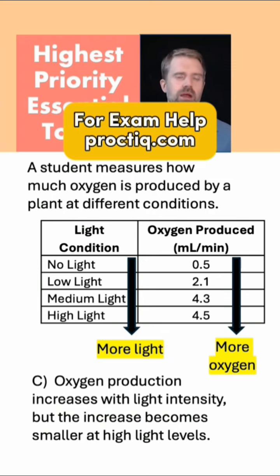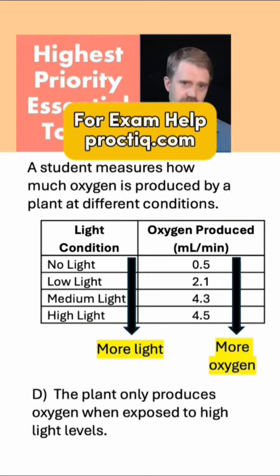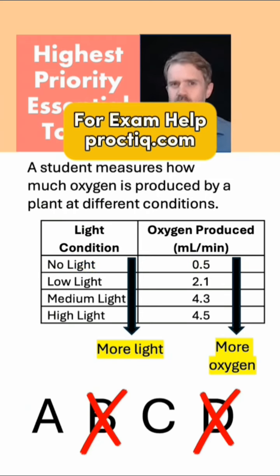Next, C. Oxygen production increases with light intensity, but the increase becomes smaller at high light levels. This is another one we got to think through, so we'll save it for later. Finally, D. The plant only produces oxygen when exposed to high light levels. Thoughts? No way. Even when there's no light, the plant produces a small amount of oxygen. Trash it. So now pretty easily, we've gotten rid of 2